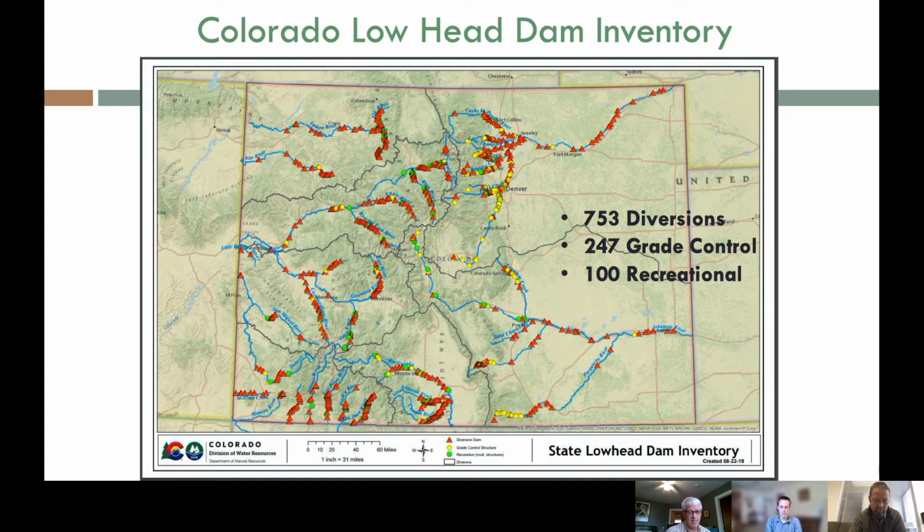We divided the lowhead dams into these categories to have some way to assign relative risk. Diversion structures are the classic lowhead dams that Carl talked about and have the highest hazard associated with them. Grade control structures tend to be engineered to be more benign. They've got longer slopes and often have a boat chute down the center of them or through them. They are maintained to reduce stream degradation, so they use a lot of grouted riprap. So that could be a bumpy, abrasive ride if you're outside of the boat chute area, but generally less hazardous